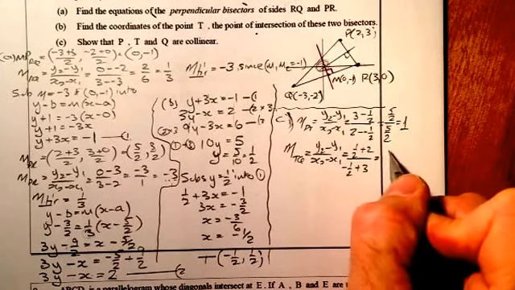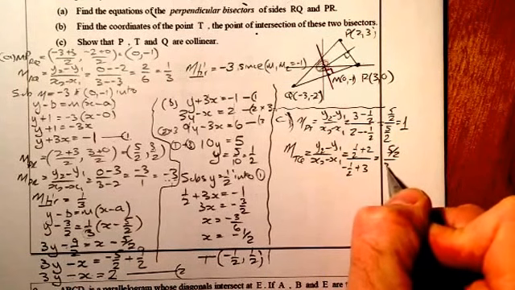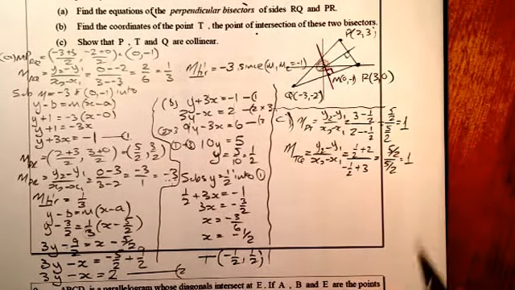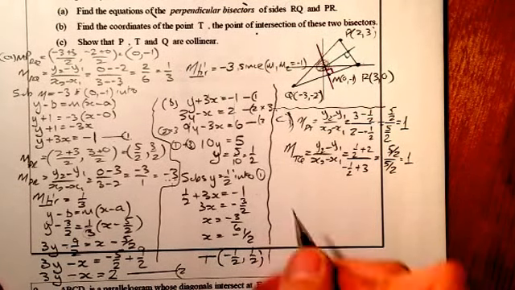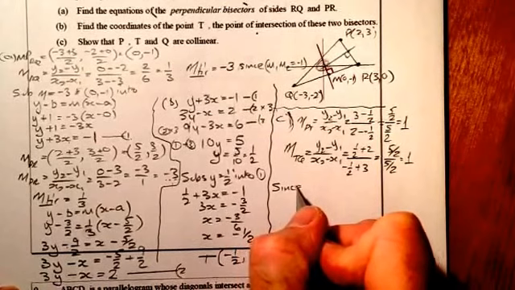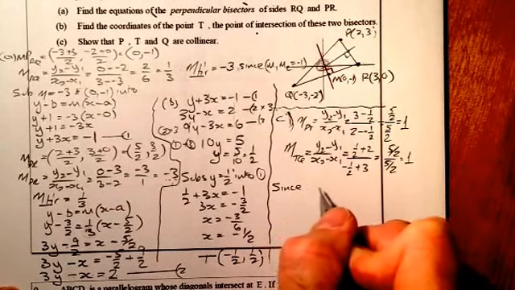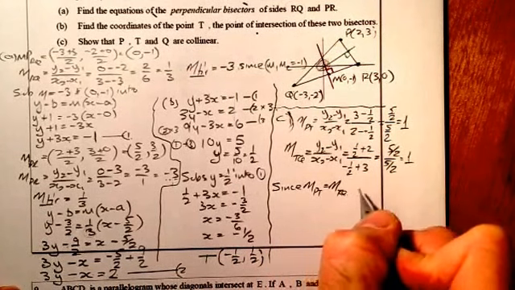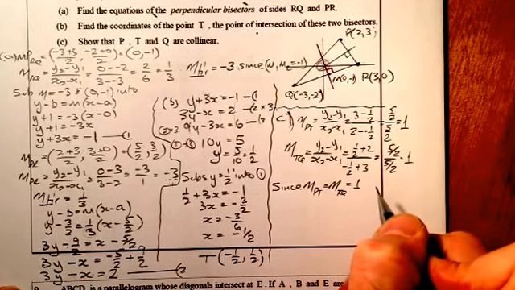That's going to work out to be the exact same. 5 over 2 on the top, 5 over 2 on the bottom, and that equals a gradient of 1. I'll then just make a statement to that effect. So I'm going to say that since the gradient of PT equals the gradient of TQ, and they both equal 1,